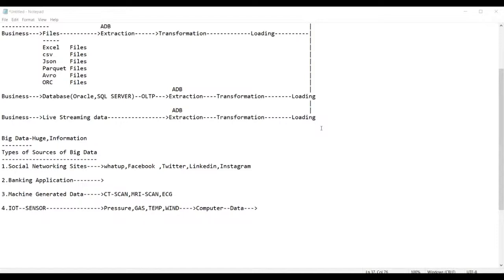What do they do exactly? They measure the wind. Those fans are nothing but machines, sensors only, and they are connected to computers. Whatever is recorded, the data is transferred to the computer, and from the computer it is kept into files, and again transformed further for analysis. So basically this is how the process moves on.